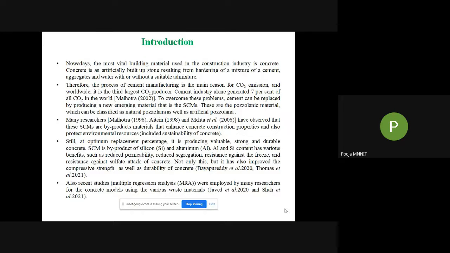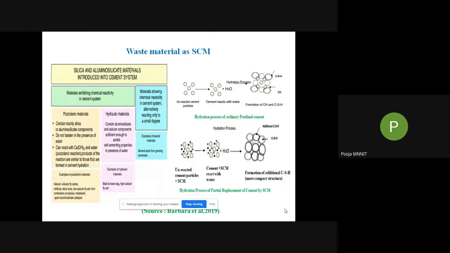Waste material as a supplementary cementitious material. Aluminosilicate and silica supplementary cementitious materials may be divided into three main groups, depending on their chemical composition and resulting from their reactivity in a hydrating cementing system. These are pozzolanic materials, hydraulic materials, and materials being inactive or showing only a small reactivity in the cement